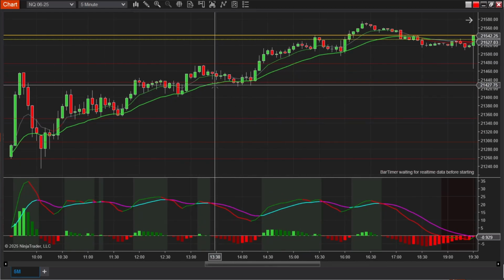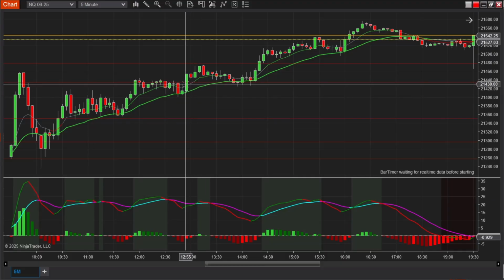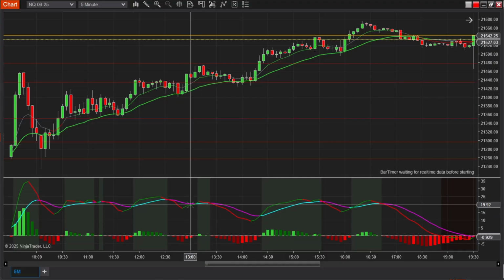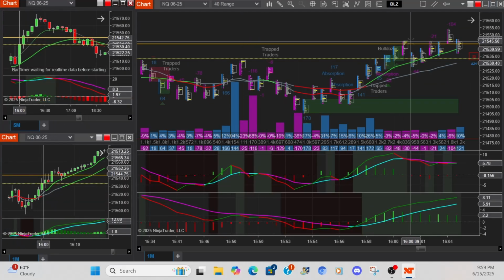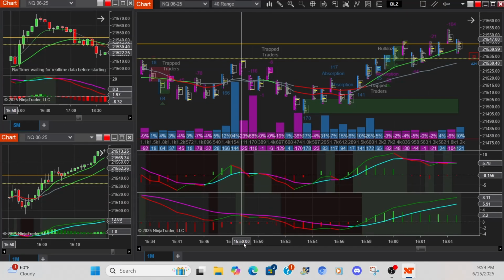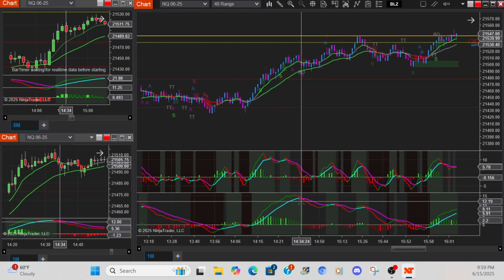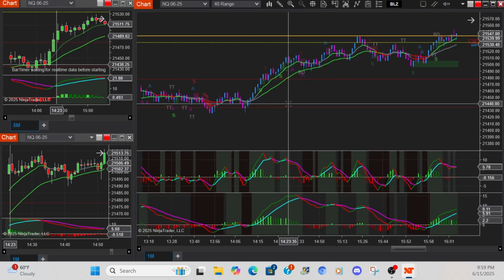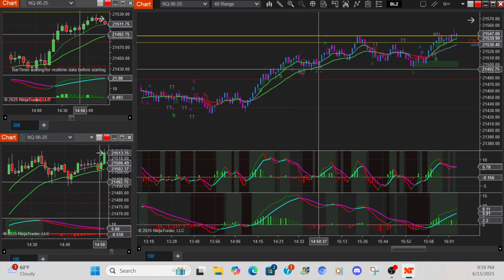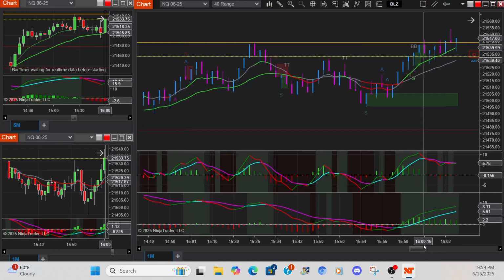So we got to here, we got a pullback, it broke the pullback. You see it's coming up, we got a little bit of a slope up, and a little bit of movement. But this is with the standard. Now if we zoom this out, we have our standard. We're above zero, cross below, we got our pullback. Now, what we're utilizing to identify when we're getting back in,